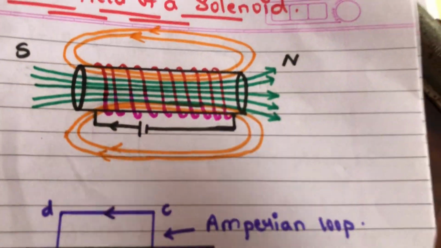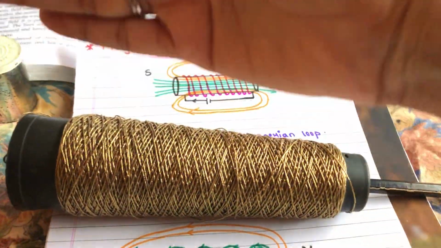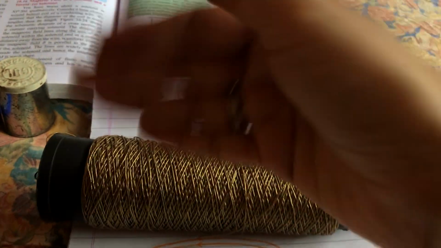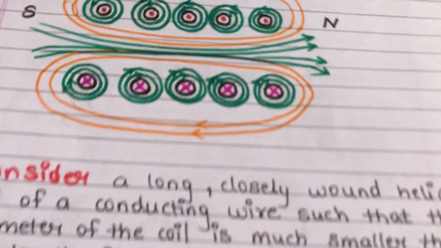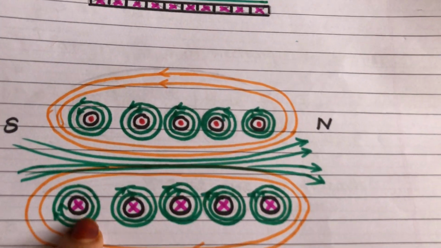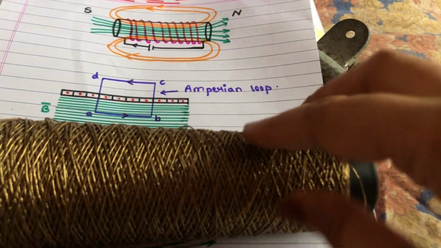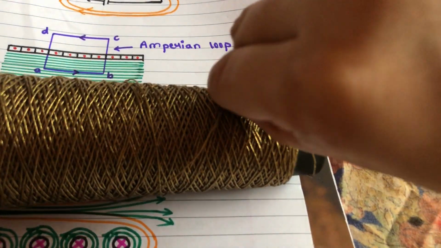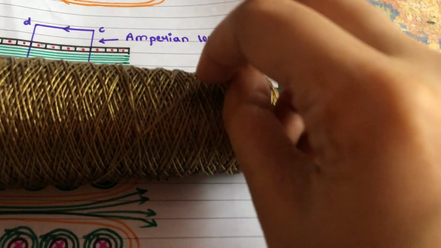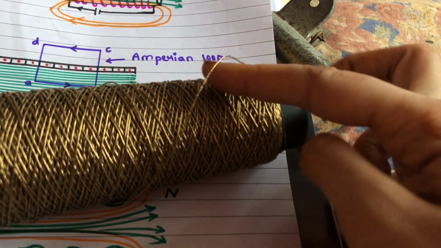Now if you see the cross section of the solenoid, cross section of the solenoid means if this solenoid is cut in half, then after half cutting, when I look at it, how will my solenoid look? It will look like this. Now what does this dot show and what does this cross show? See, dot means at this end the wire is coming out.